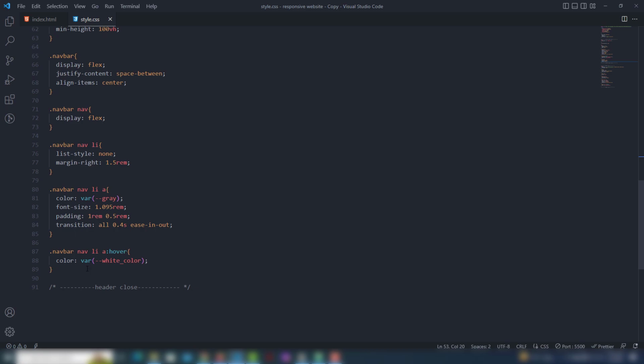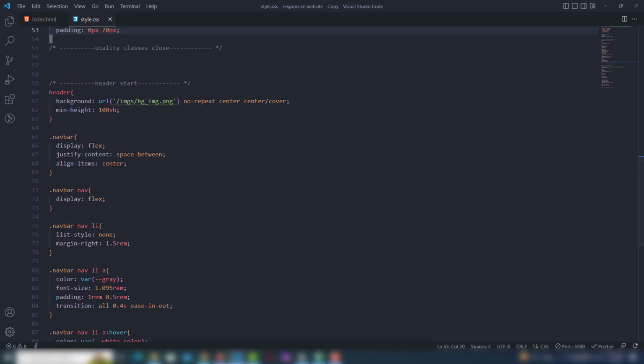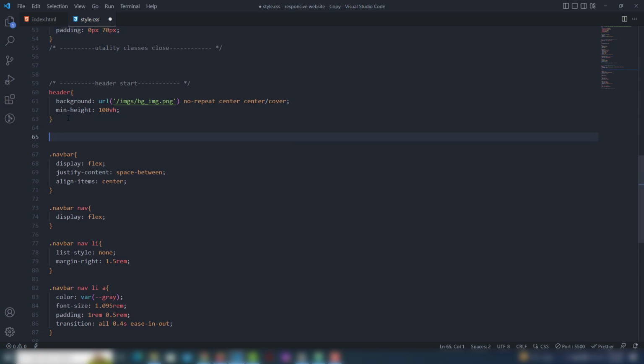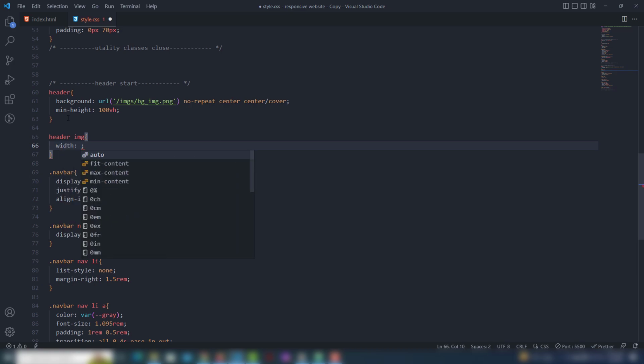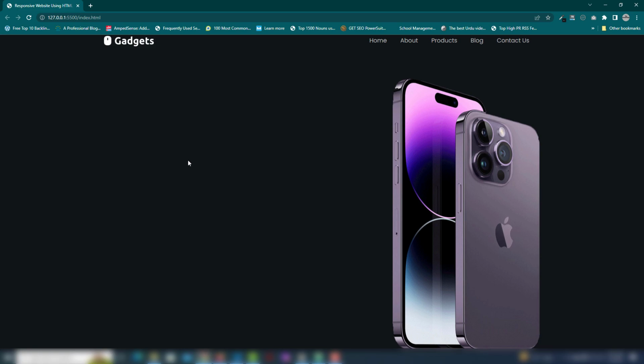So after the navbar, okay, I will select the header, and the header has an image. I need to change the width of the image to 50%. Perfect. But I think I want to make a space for the navbar,